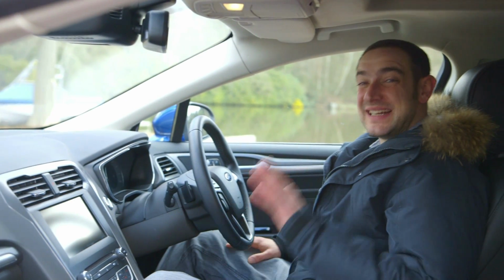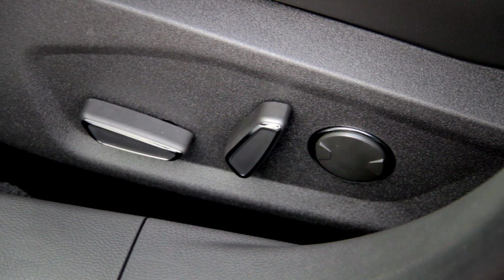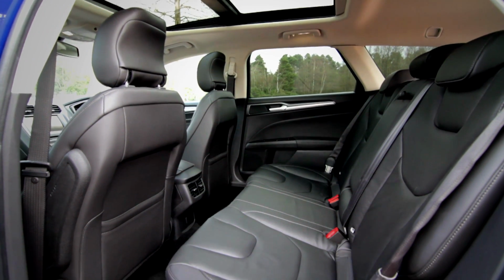Quality aside though, there is a lot to like in here. The seats give you brilliant support and they've got loads of adjustment, and this touchscreen system is simple and intuitive to use. The most important bit with any estate car though is practicality, and on that score the Mondeo is